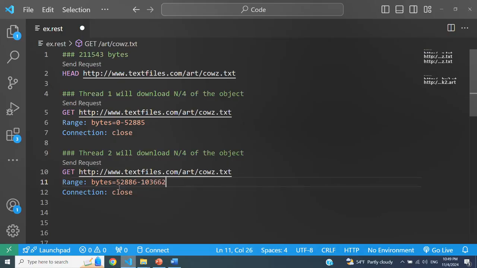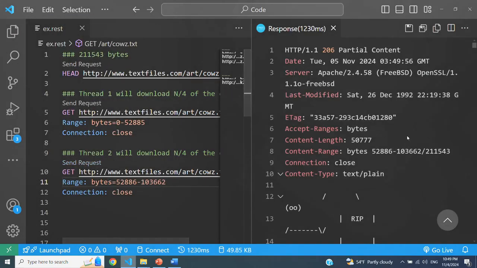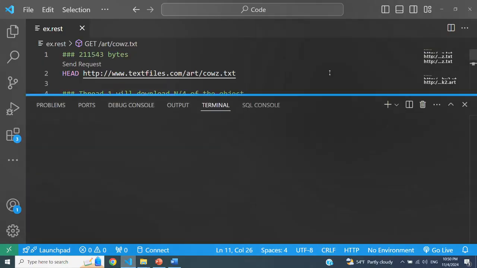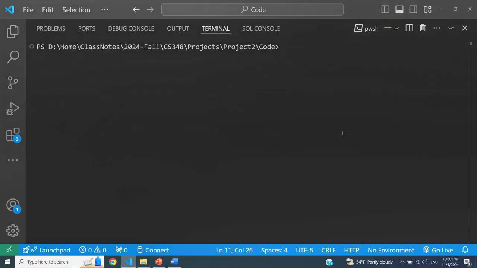I've just made this up. I don't know what twice that value would be, but something like this. If I send this request, you're going to see these are the bytes that I'm getting from the server. So bottom line, every thread that you're creating would be downloading one portion of this file, and they will all be writing them into the same output file, combining them to create the actual file that's being downloaded.